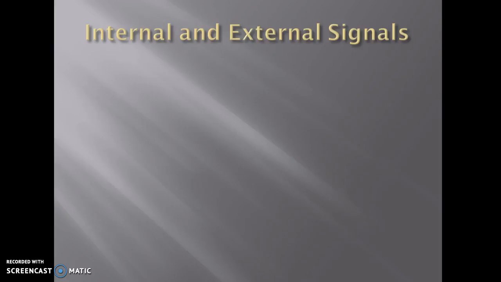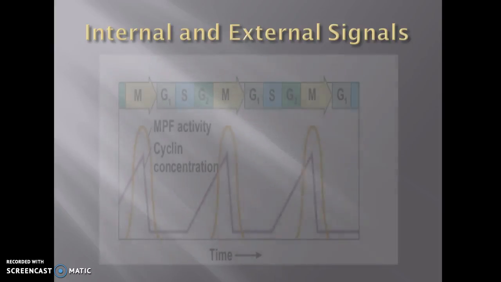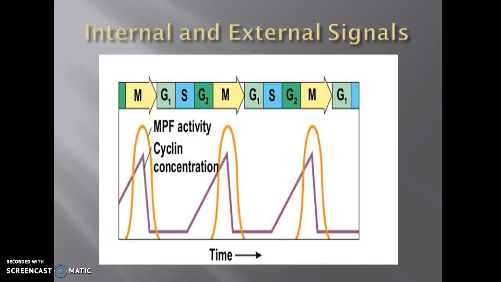Internal and external signals. Internal and external signals are used to regulate the stop and go signals at the checkpoints of the cell cycle. Important internal signals that are used to pace the cell cycle are cyclins and